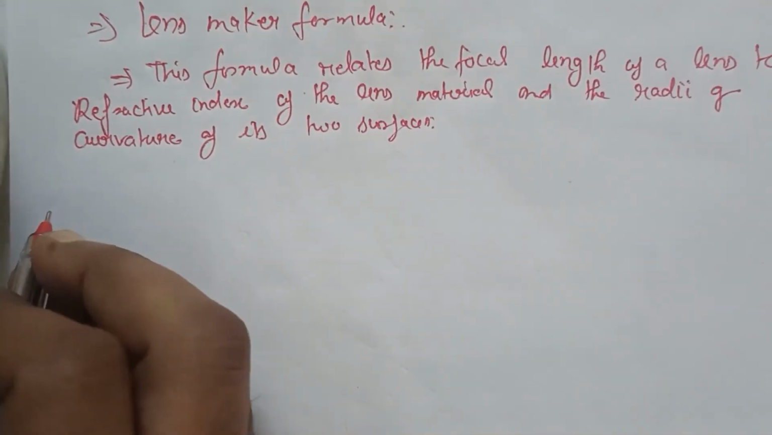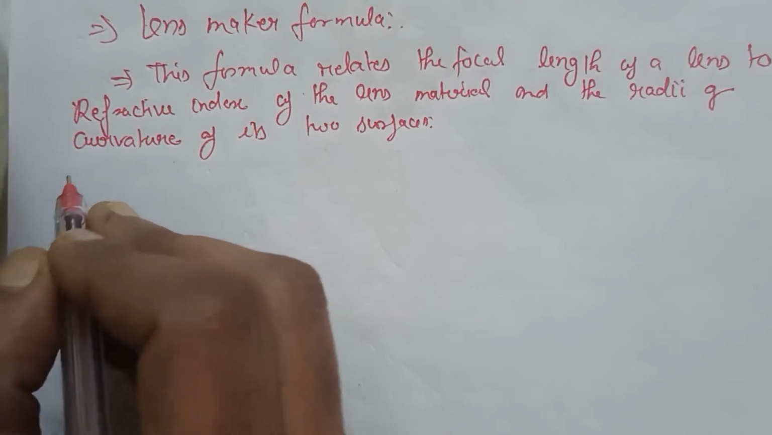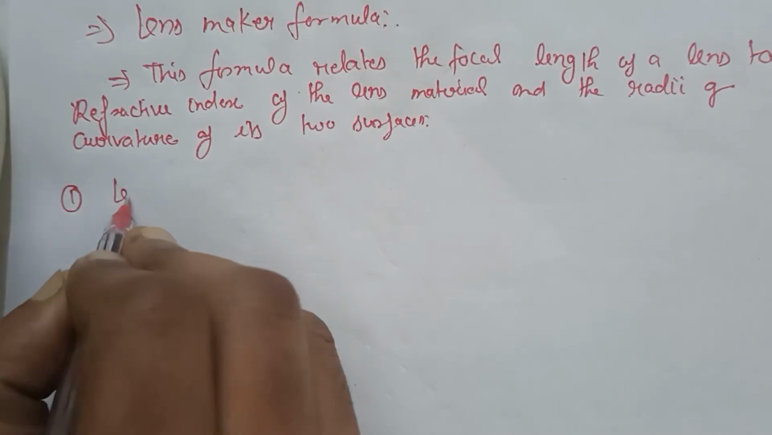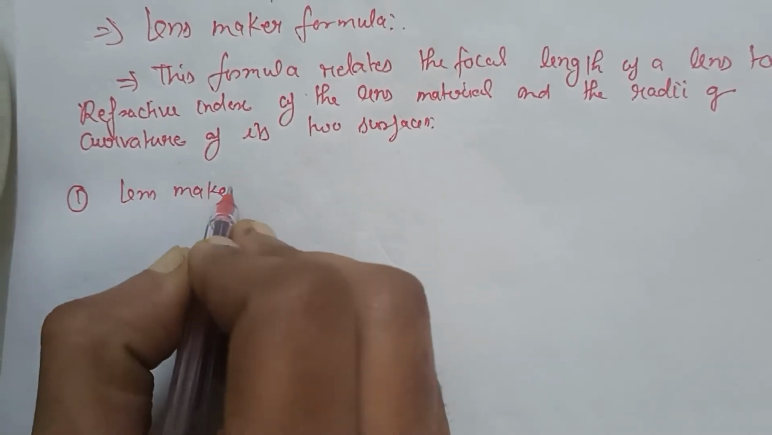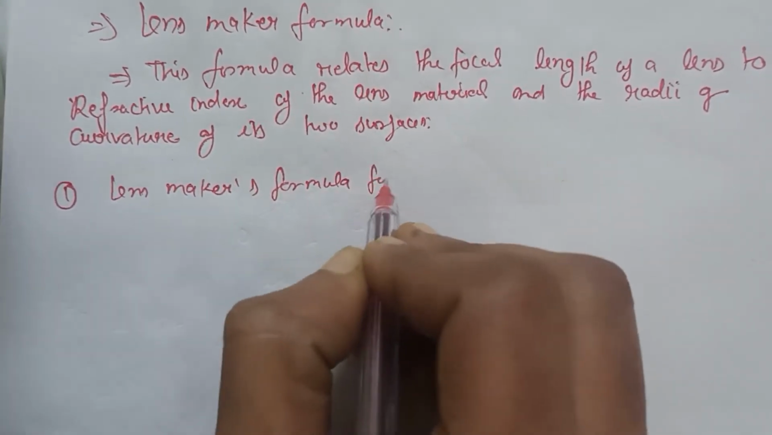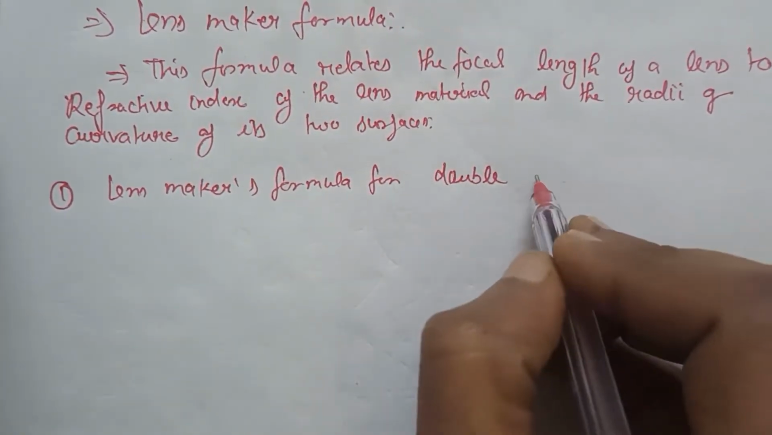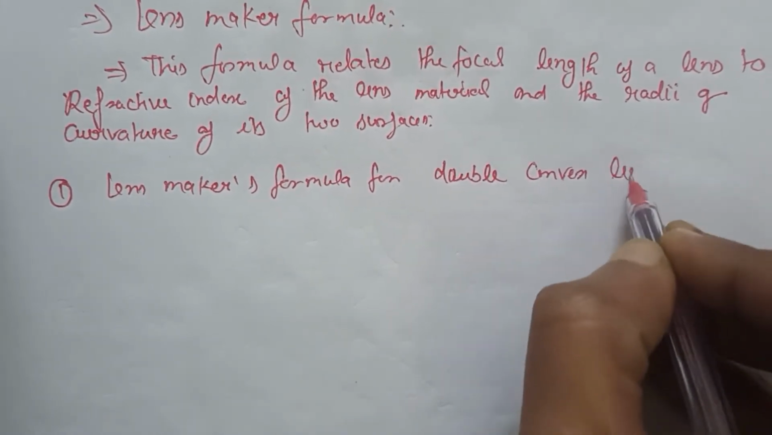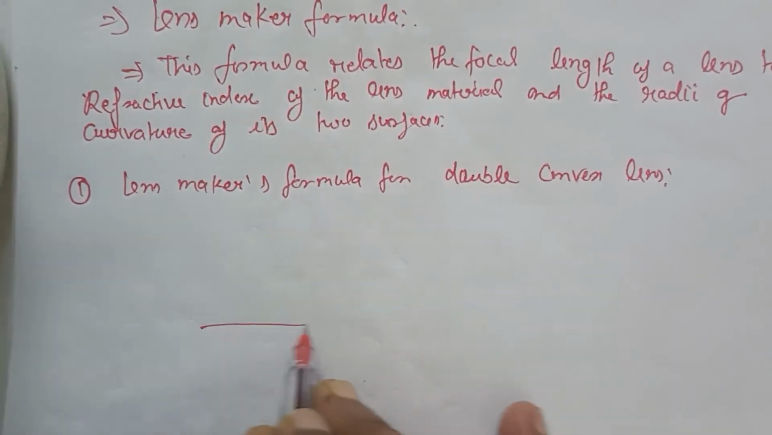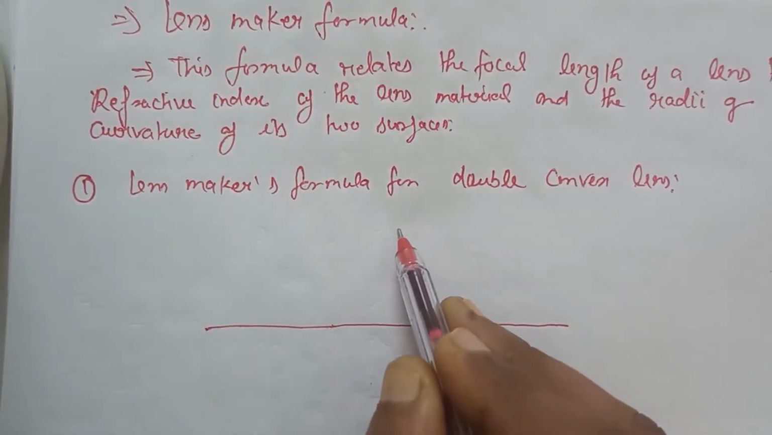Now we derive the lens maker formula for a double convex lens. First point is lens maker formula for double convex lens. For it, we draw the ray diagram. This is a principal axis, and this one is considered as